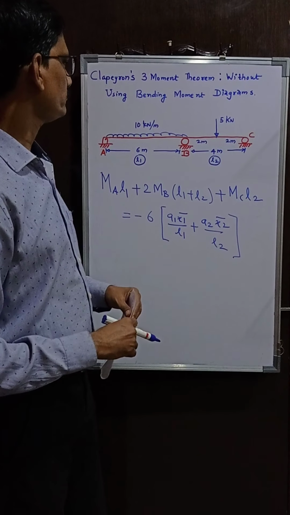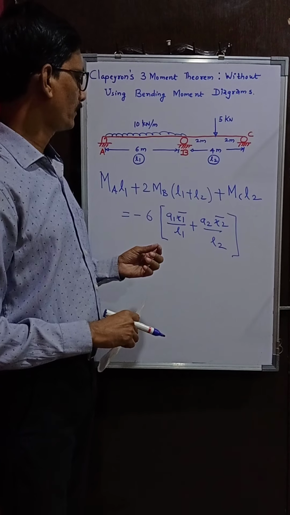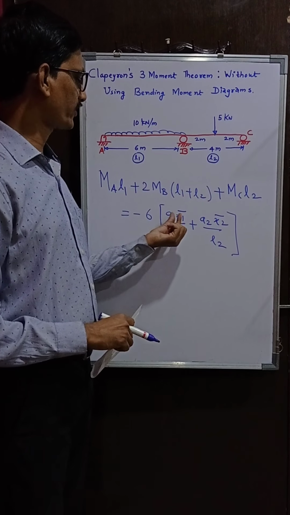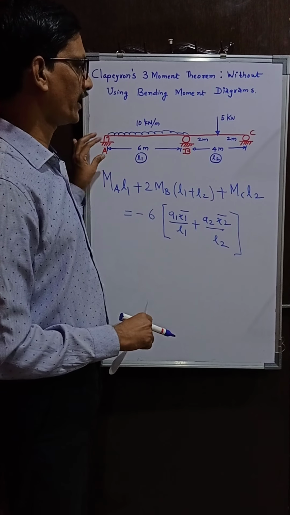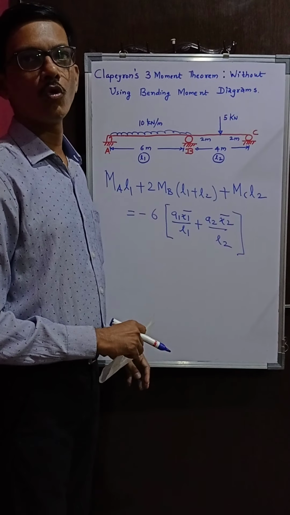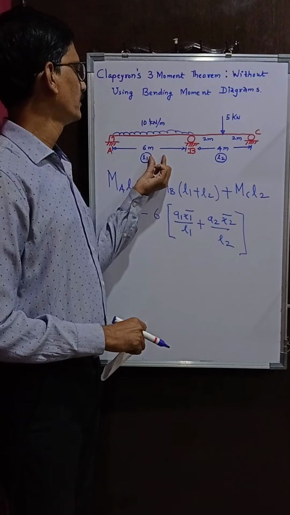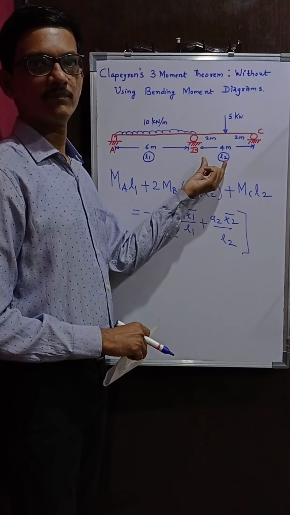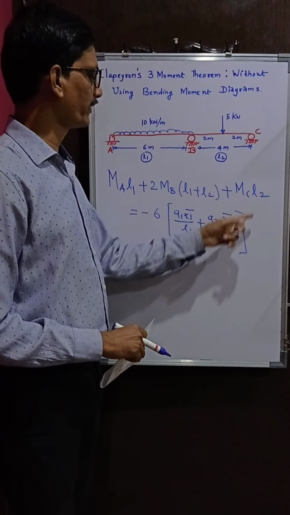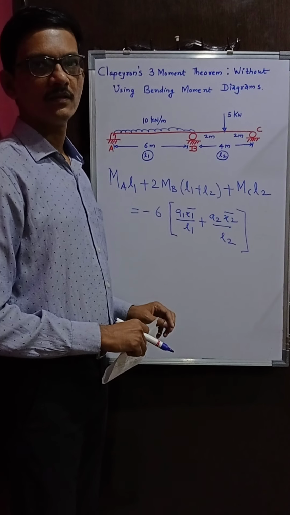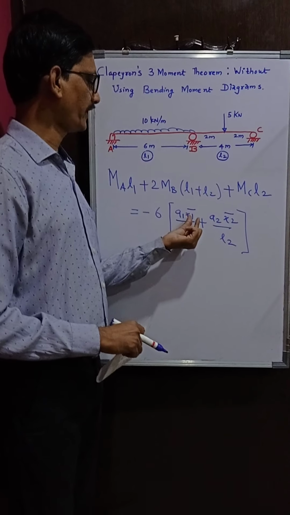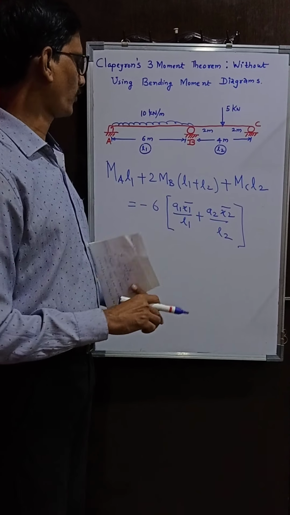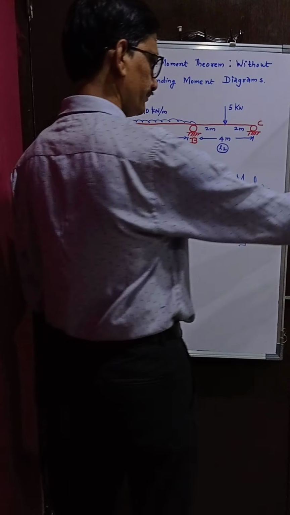Now let us see what is this A1 X1 bar and all. One more thing let me tell, that I assumed that moment of inertia for the whole beam is same. That means I1 and I2 both are same, and therefore that moment of inertia term doesn't appear here. Now let us see what is meant by A1 X1 bar, all that. So for that, what I have to do is